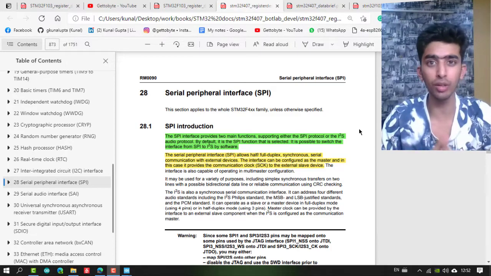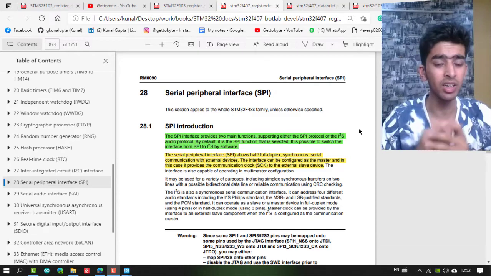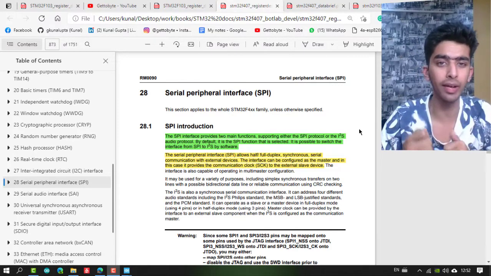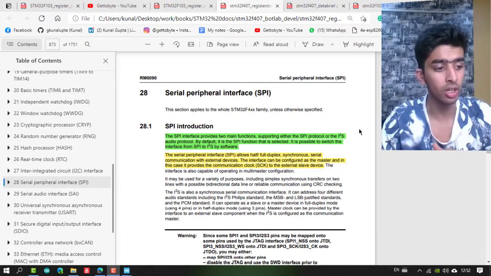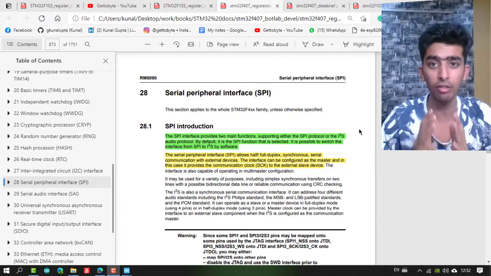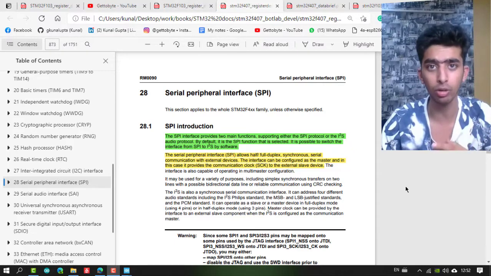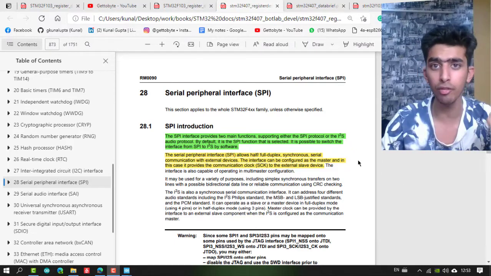Following with the firmware development series and its tutorials, making you understand how to write device driver and application codes. Soon I will be starting with application codes also. Now in this video I will be covering the SPI serial communication protocol on our STM32 microcontrollers. Previously I have done UART, now we will be doing SPI.